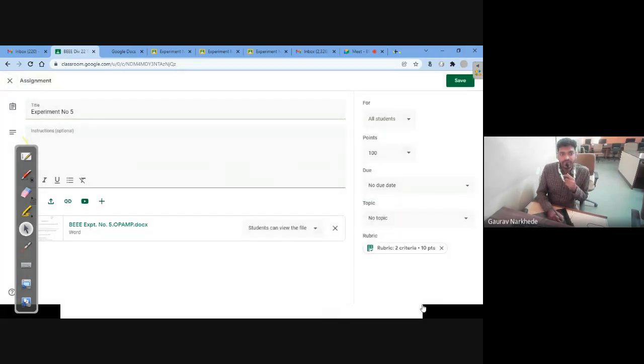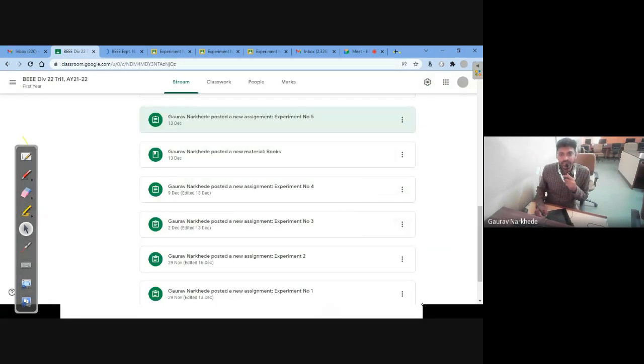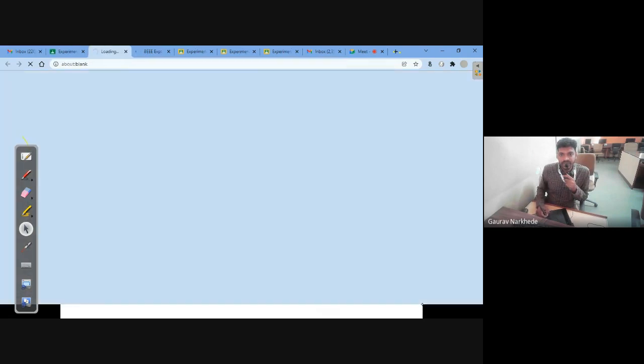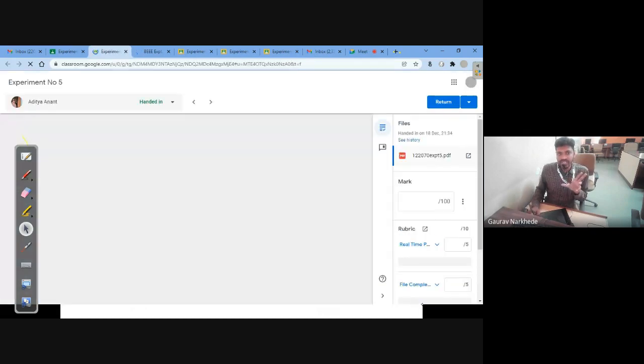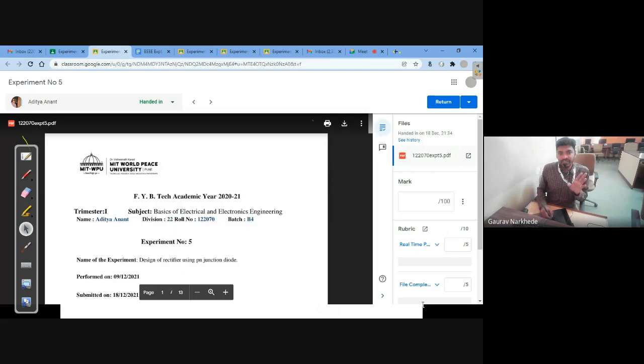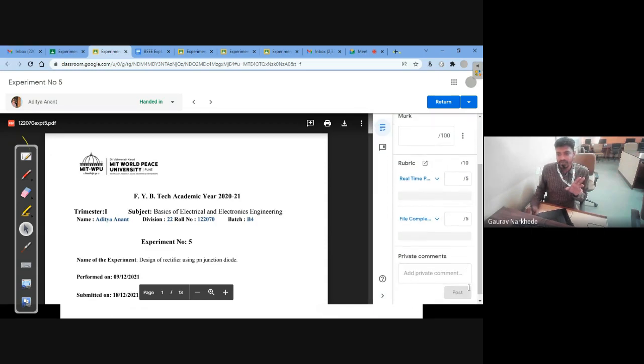Okay, and if you are not uploading it, then there is some problem. So for example, let me take Aditya Anant, right? So he had not read properly which is the experiment number. He randomly saw experiment number 5, it is okay, but just match the title. This is PN junction diode. Okay, so I can just write here,